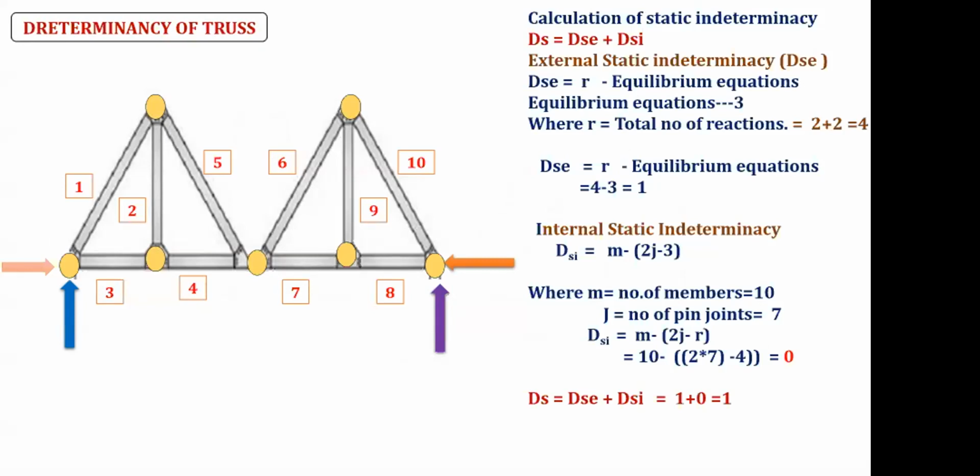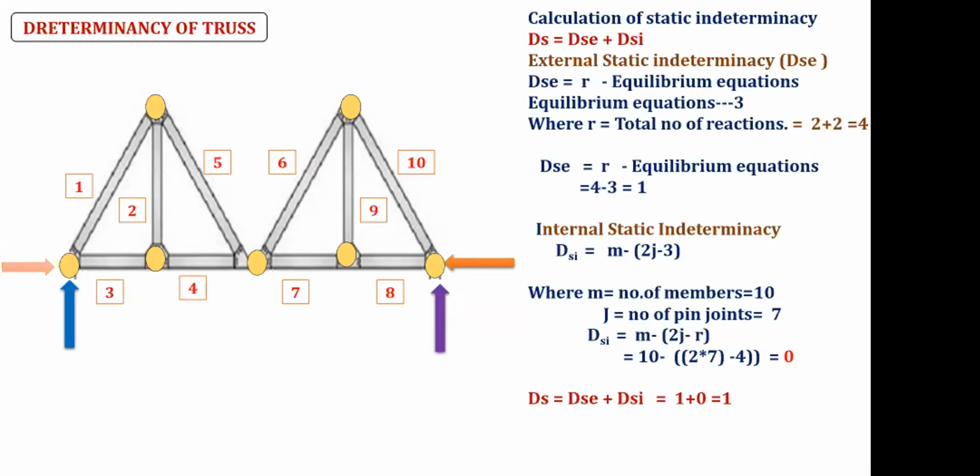Why? Because this has two pinned conditions at the support. That means at the two ends, four unknowns are available, minus 3 equilibrium equations. Small r equals the reaction components, and internal indeterminacy equals